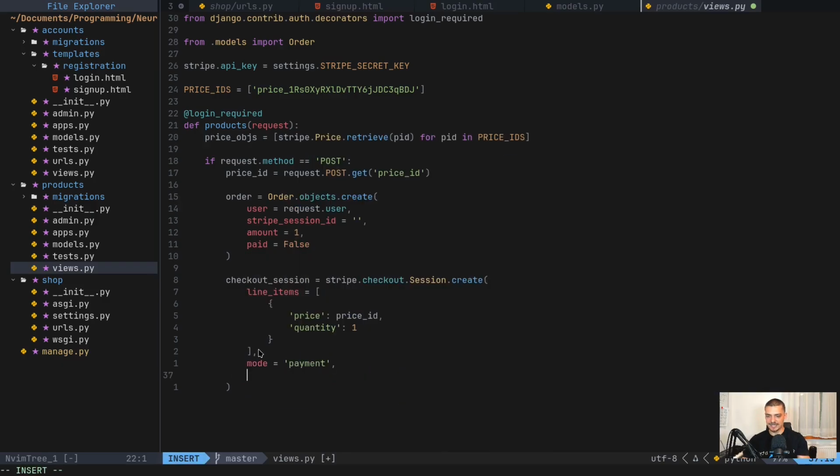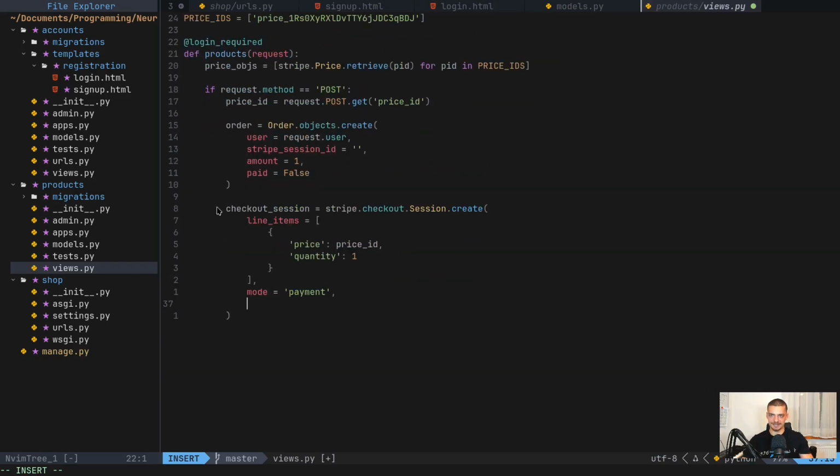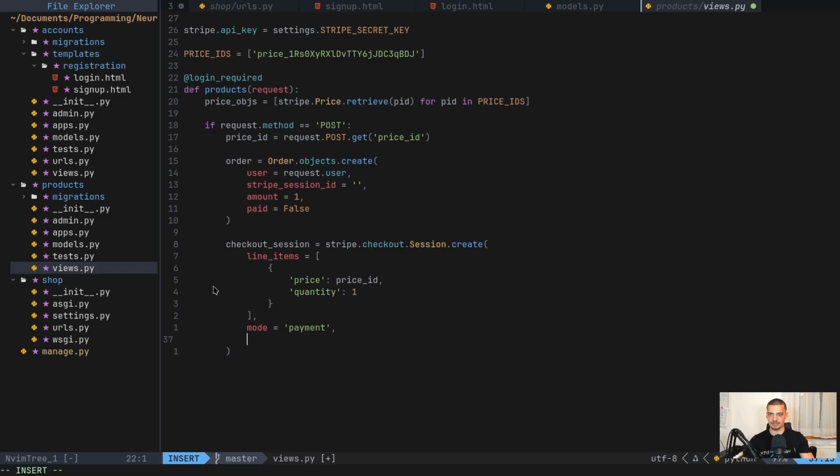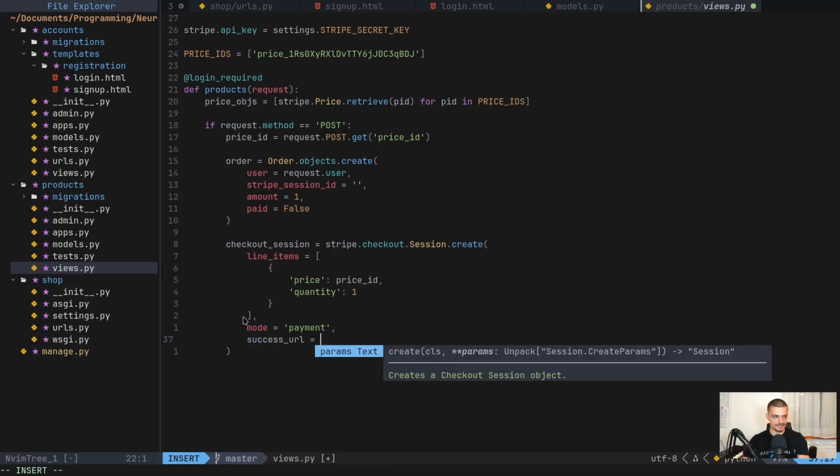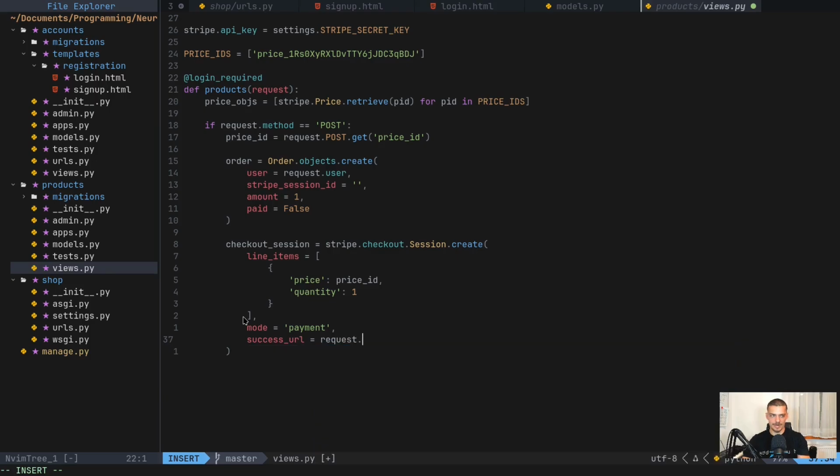And now for the success URL and for the cancel URL, we're going to do it a little bit differently this time. We're going to redirect to this particular endpoint here. We're going to have some flags or some arguments in the URL, depending on whether there was a success or a cancellation. And then we're going to render a message based on that in the HTML in the get part of this endpoint. So I'm going to say here that the success URL is equal to request.build_absolute_uri